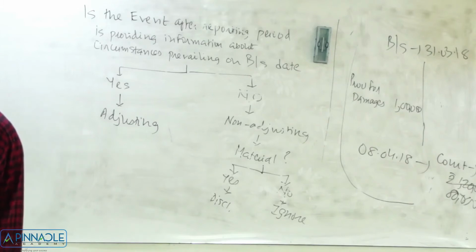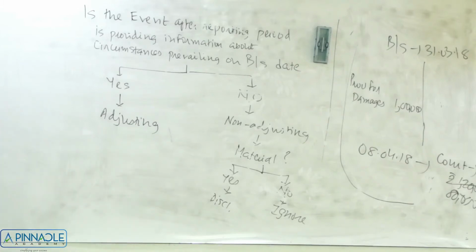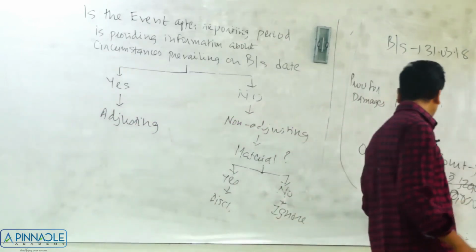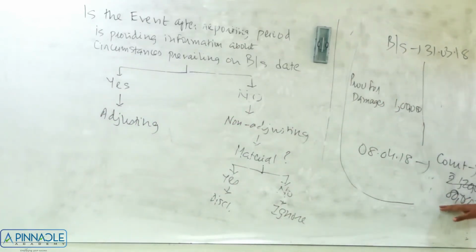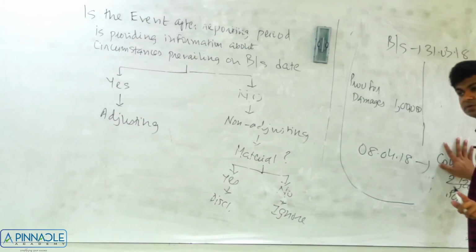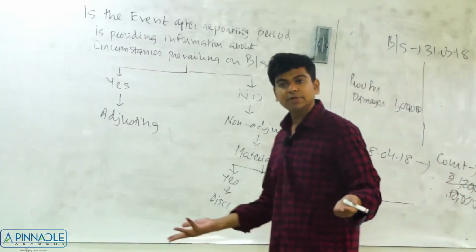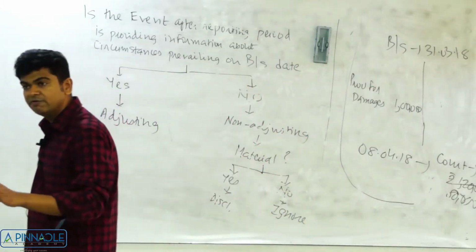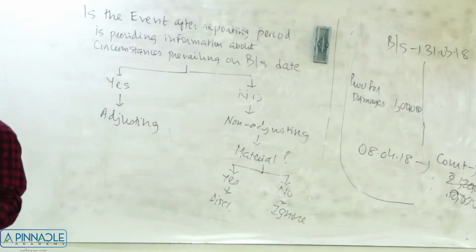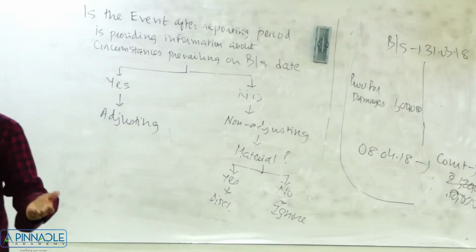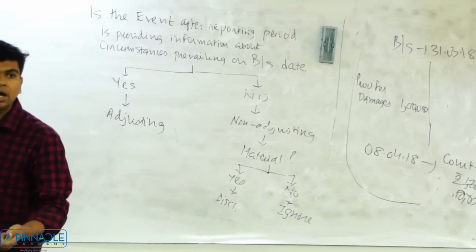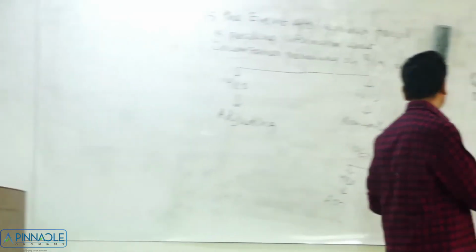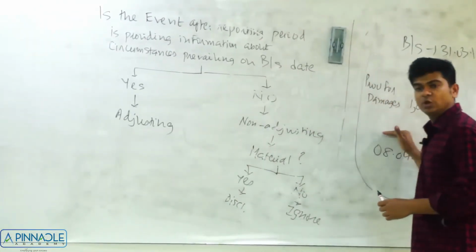So I cannot show it in my books. But as on 8th April, I win this particular case, and now it is confirmed that I will get 80,000 rupees. Can I now show it in my books? It has got confirmed, so I can show it in my books. So don't be of the view that only unfavorable things can happen; even favorable things can happen, and those will also be incorporated in our books. Right? So as we can see here, the circumstances were prevailing, and hence it's an adjusting event.